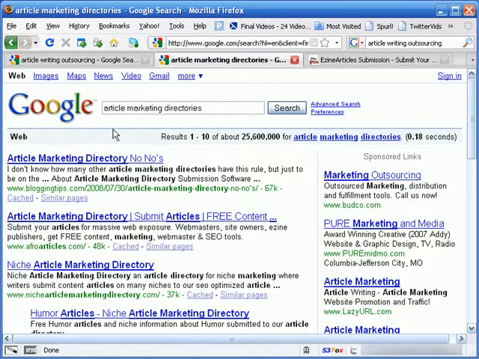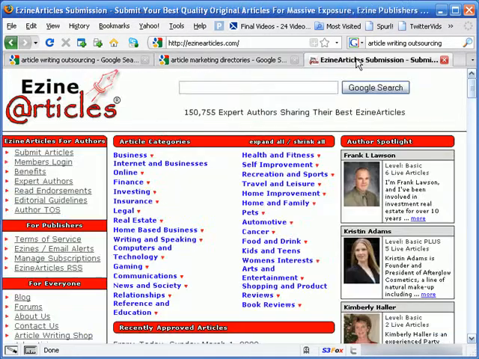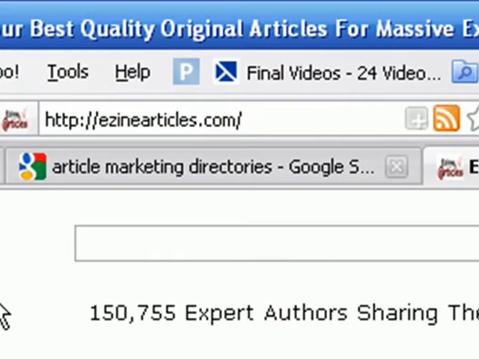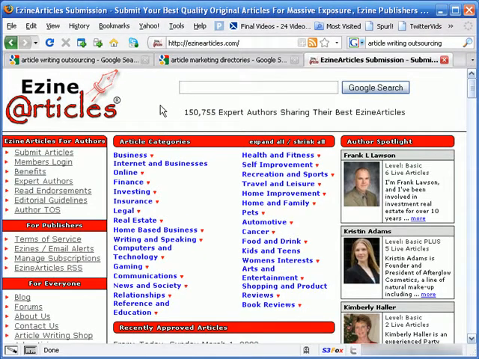Now then, one great place that I suggest that you submit your article to is called eZine Articles, one of the top dogs in the business. And there's a lot of guides throughout eZine Articles that will help you not just in submitting your article to them, but in how to create the article in the first place. So this is top on my list when it comes to suggesting folks to use article marketing to get long-lasting targeted traffic to their sales products.